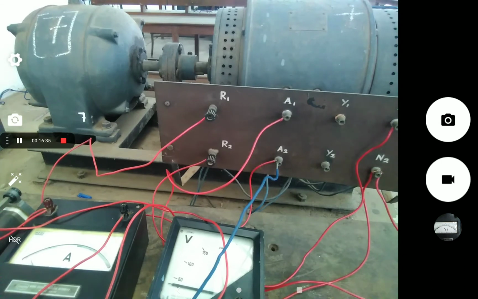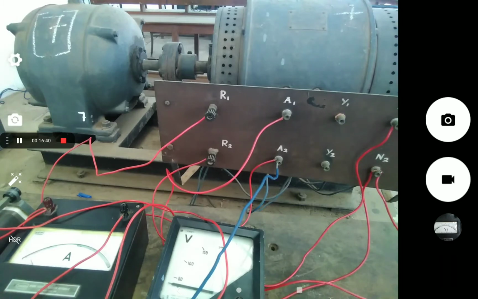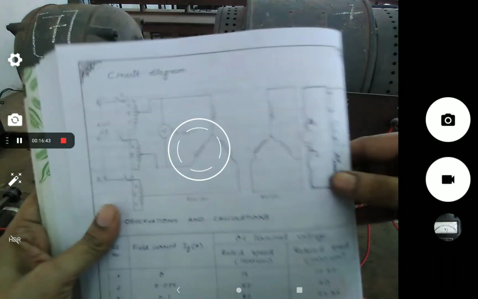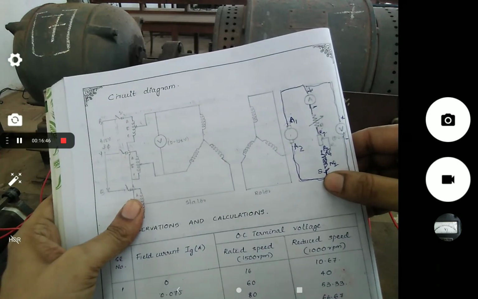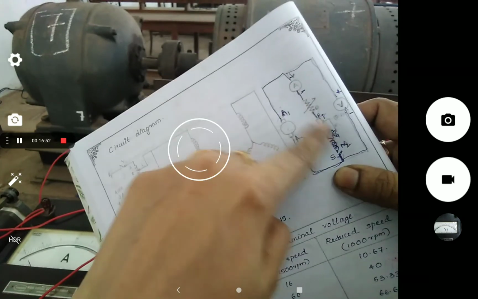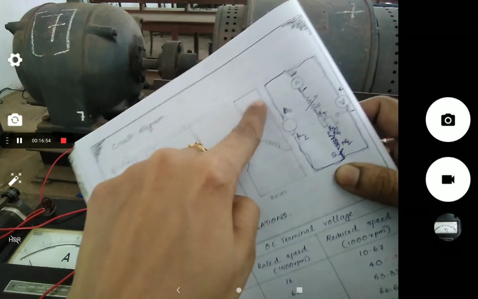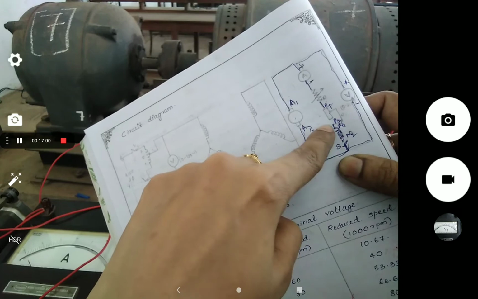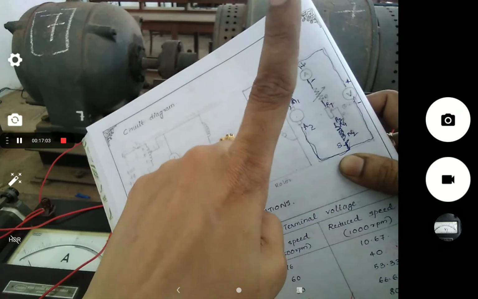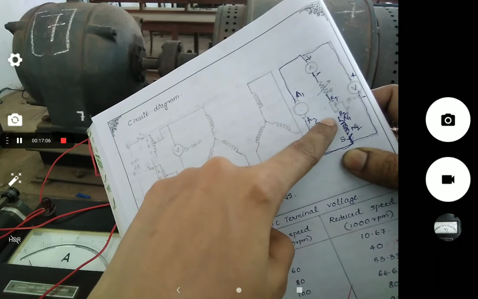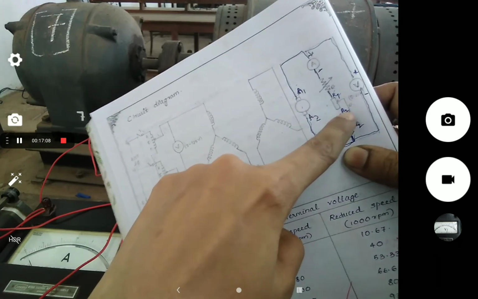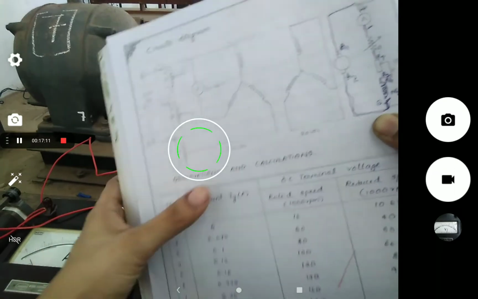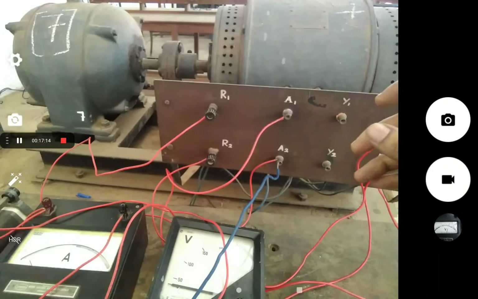Okay, so we can measure the residual voltage after switching on the generator. But before that you should remember the field should be opened by using a switch. Here we didn't connect the switch, but you can open at any point on this loop. You know that the circuit is closed here, so just open one point of the field. Disconnect one wire from this loop and it will be open. We didn't connect an external switch here. So just open your field winding, then measure the voltage on this voltmeter. It will be your residual voltage.